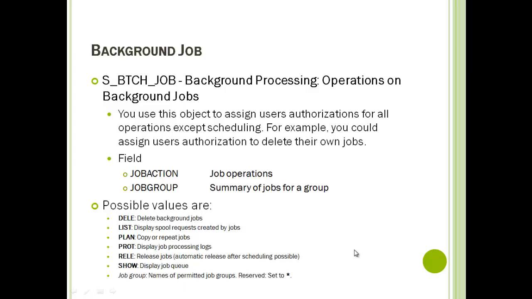if you can schedule this job in background, then you can get all the data. So this background job, and monitoring or displaying the background job, also has critical authorizations. So we need to understand how the background job is being scheduled and how we can control this authorization. The first object which we are going to see is